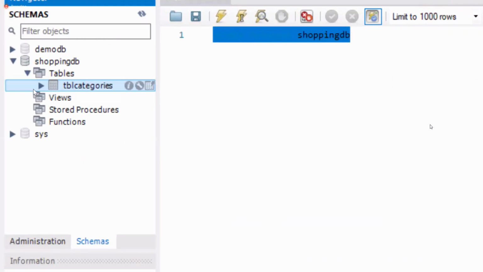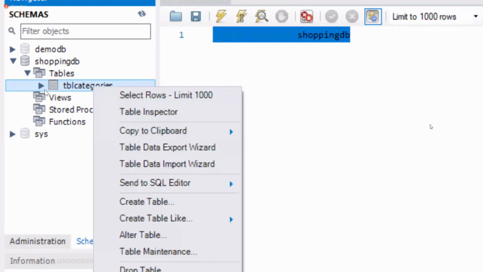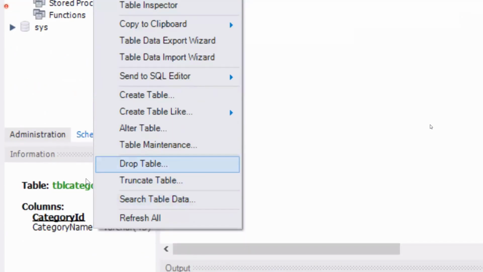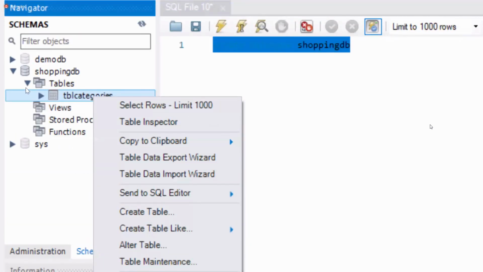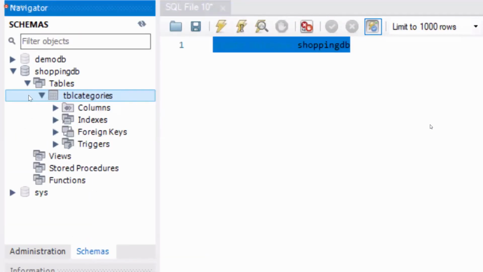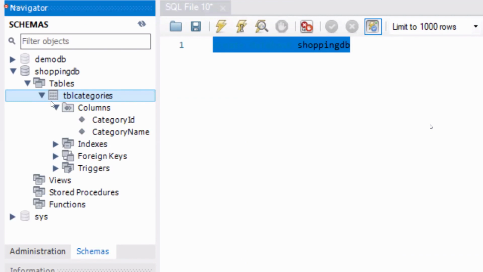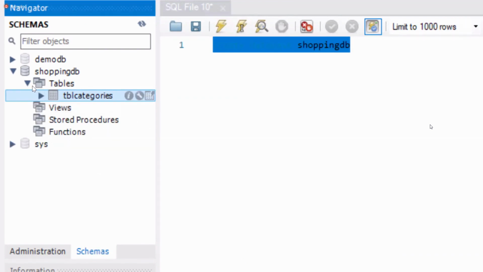Now, if you want to add records into the table, you can see here: deleting the table, everything is present here. To add records into the table, you have the columns, category ID, category name, the structure.